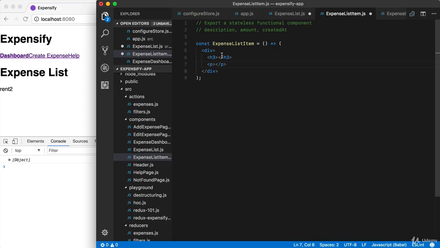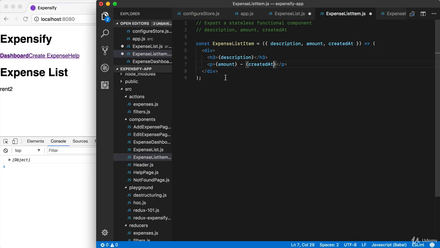So how are we going to get this information? Well, I'm going to have it all passed in on props. So I can destructure that props object and get the individual things off of it. I want description. I want amount. And finally, I would like created at. We now have access to all of this down below. So I'm going to toss the description right inside of here. And down below, I will use a hyphen to separate the 2 values. I'll start off with the amount. I'll toss a space there and a space here, and then I will wrap things up with the created at